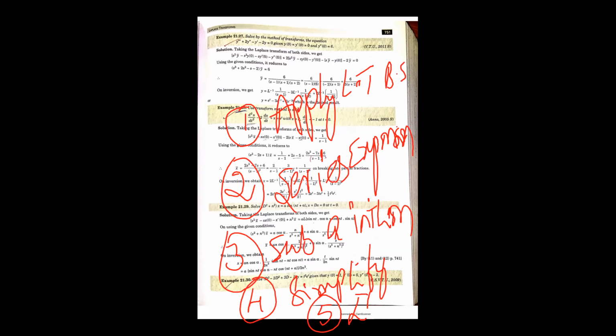First step: applying Laplace transform on both sides to the given differential equation and expand the series by using the derivative of Laplace transform and substituting the given initial conditions. Initial conditions means y of 0, y dash of 0, y double dash of 0. Simplify it and calculate. After that, calculate by using the partial fraction method. Finally, we have to apply L inverse for the required answer.